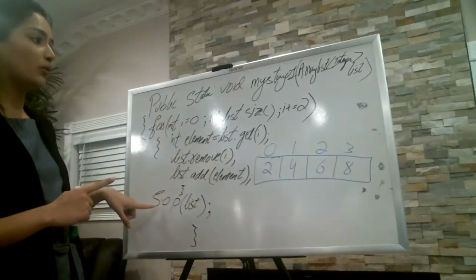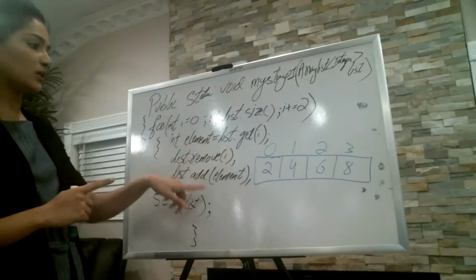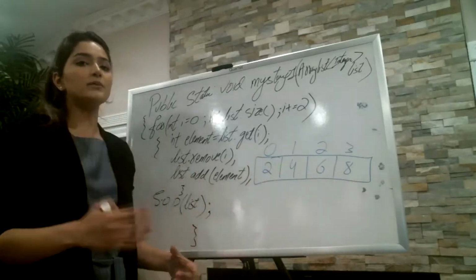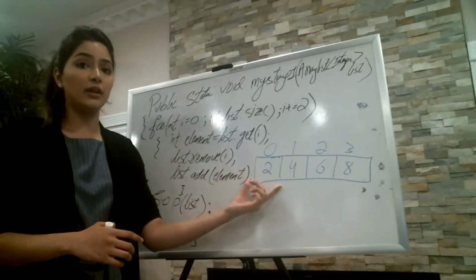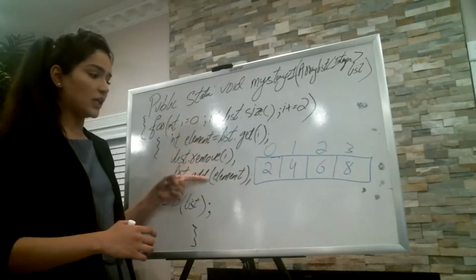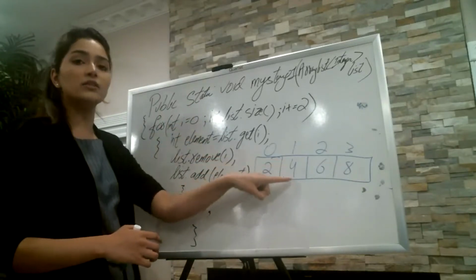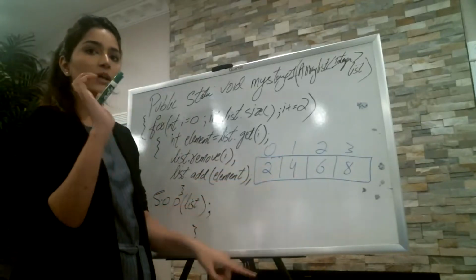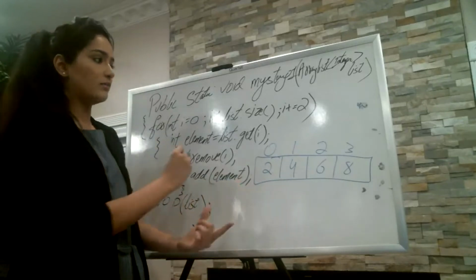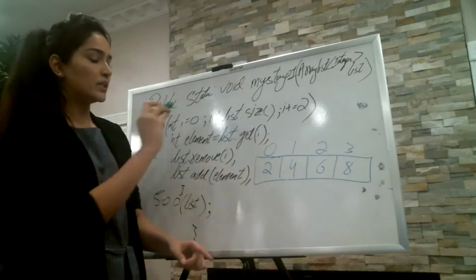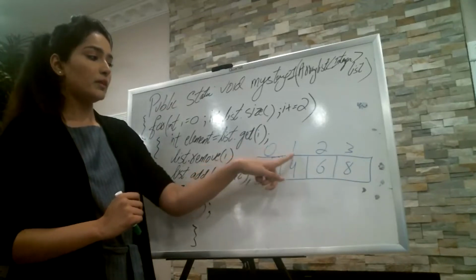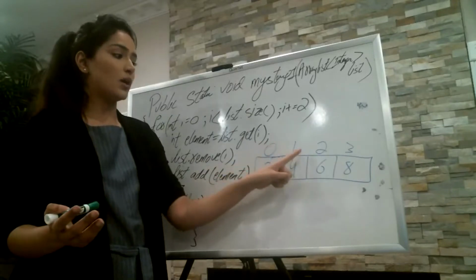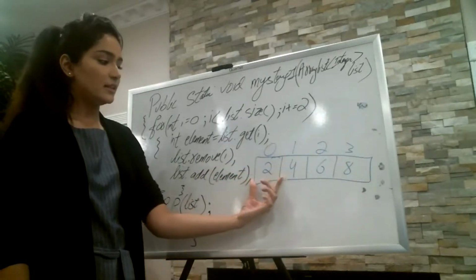We have this piece of code over here, and array list works with some methods, as you can see. This is your first array, where you are passing 2, 4, 6 and 8. The best way to solve this type of question is to create an array, and as there is a change in your loop, you make the change in your array on the spot. I'm using a green marker for it, I don't know if that will be clearly visible in the video, but it's a different color so that you can see what changes I'm making. Place the index numbers as well. The first index will always be 0, then 1, 2, 3, 4, and so on. So this is the array 2, 4, 6, 8.